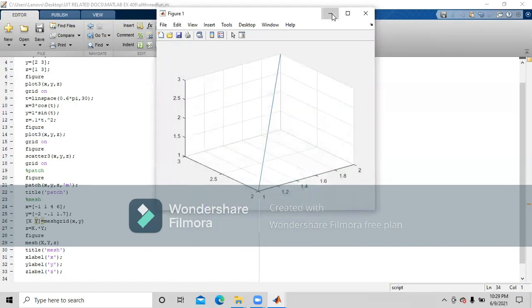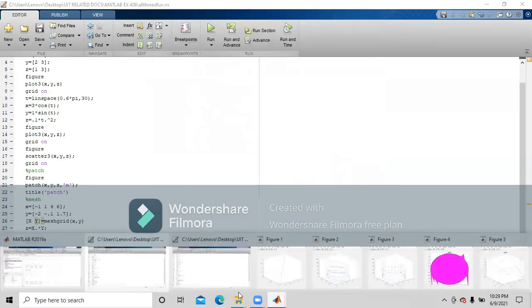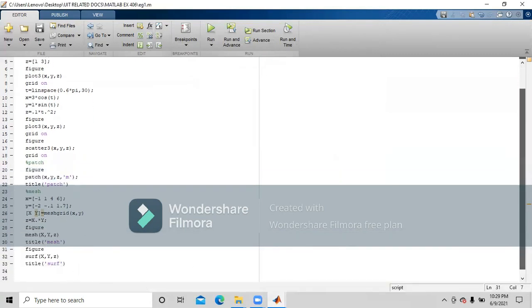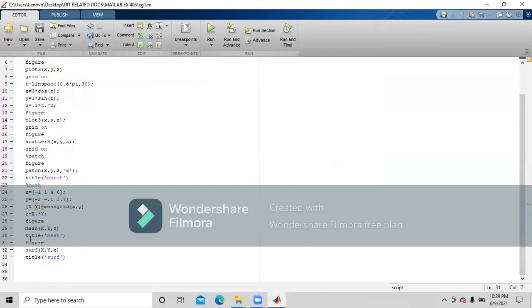Next very important 3D command which we use is the surf command.